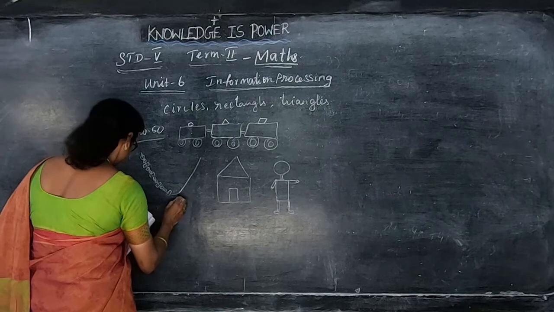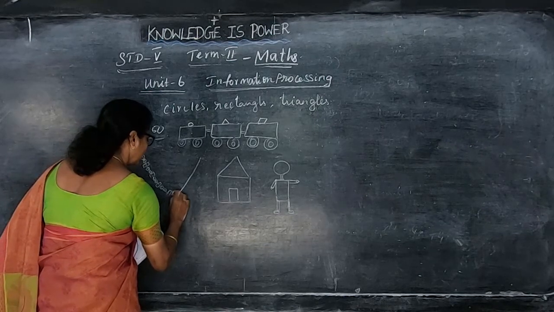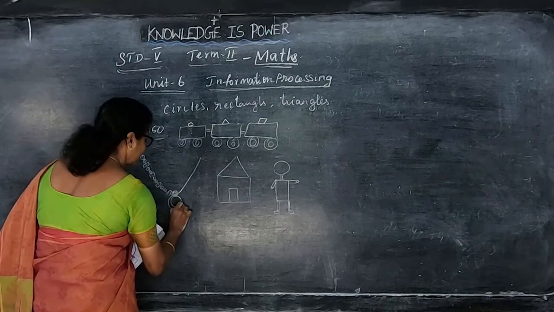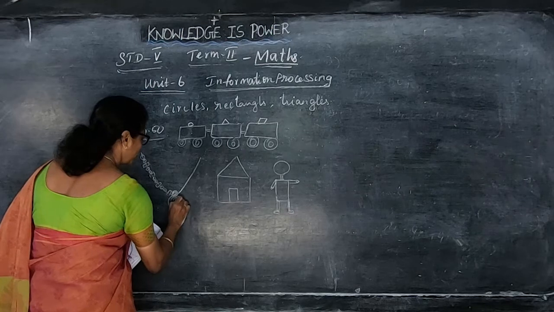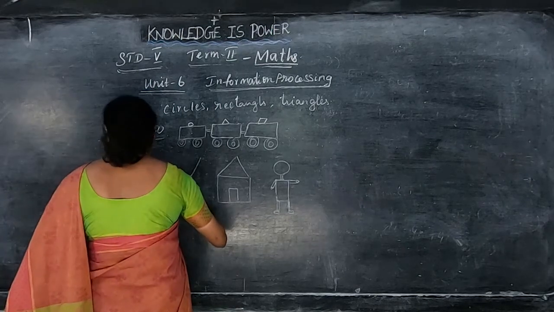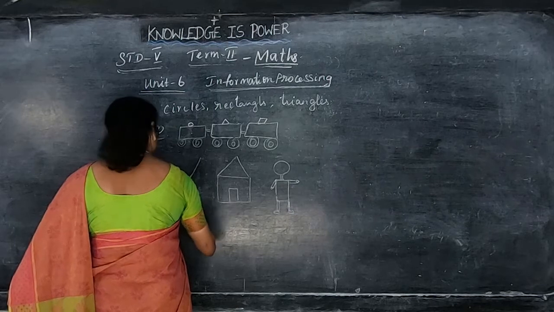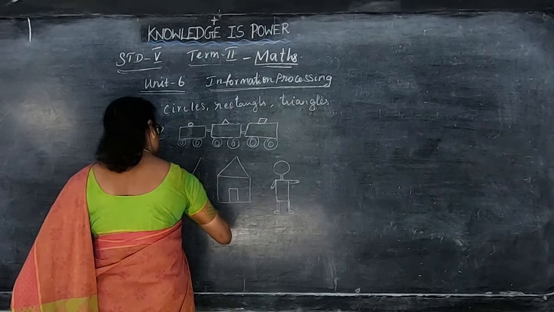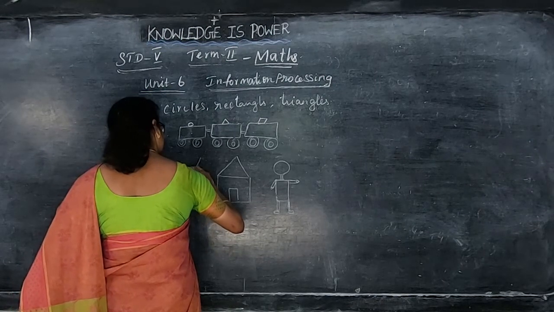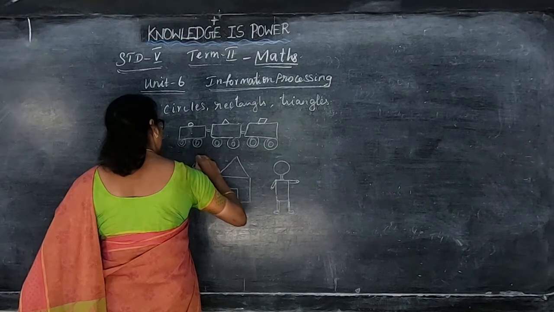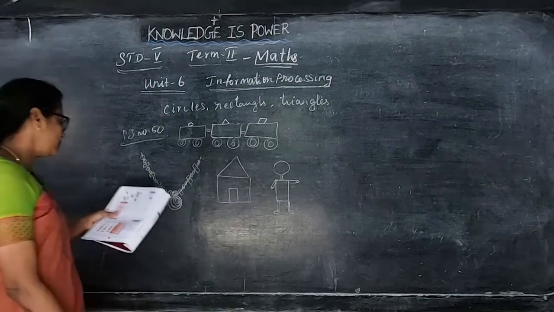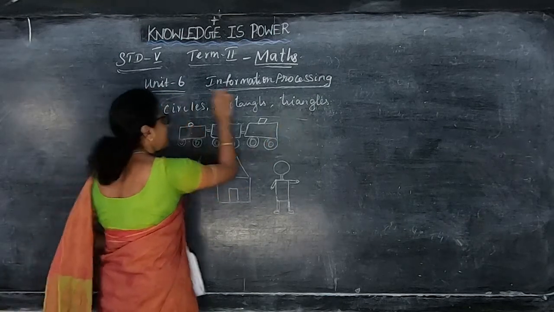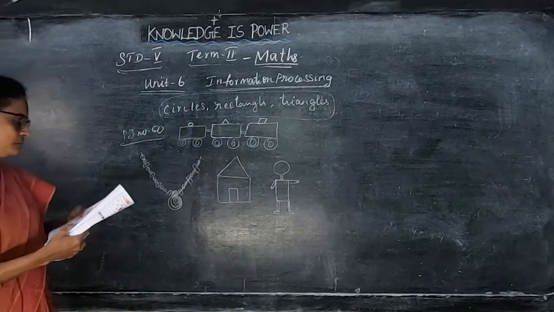Here, you just dot one big circle and again you put one big circle like this. Any shapes you can draw. Okay, then again what I will do here, one dot, one rectangle, then 2 circles, then rectangle. So like this the different shapes you can draw on your own. So like this the beads, any shapes you can use, drawing the triangles. These 3 shapes are circles, rectangles and triangles. You can draw the beads also.